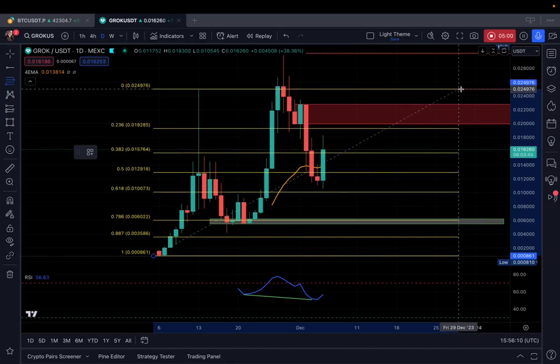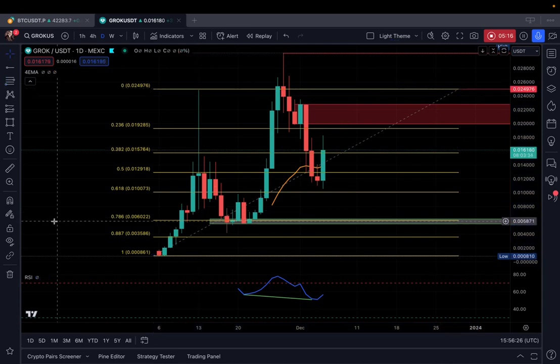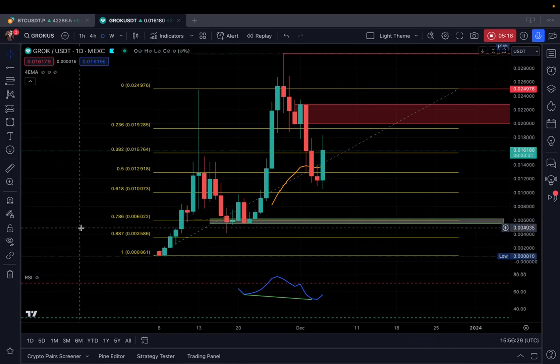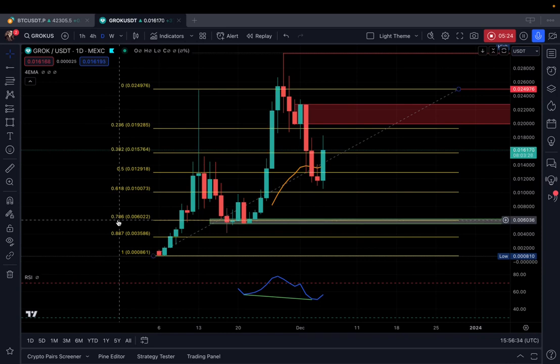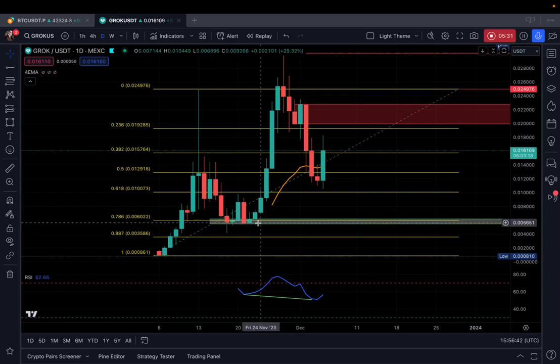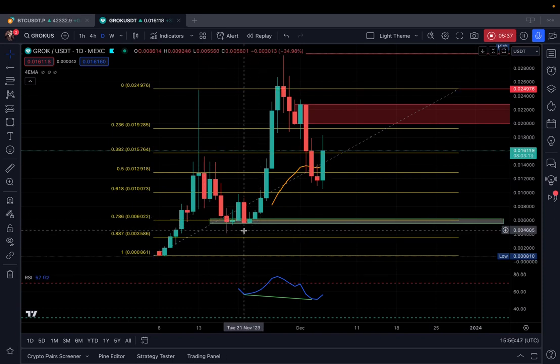all the way to include the wicks, and I think that this way is better, but some traders pull fibs only from candle body to candle body. But you can see here that this way is better, at least in my opinion. Why? Because first we discovered that the 0.786 fib retracement is support, okay? So we can expect in the future, or we will check in the future, if the 0.786 is support